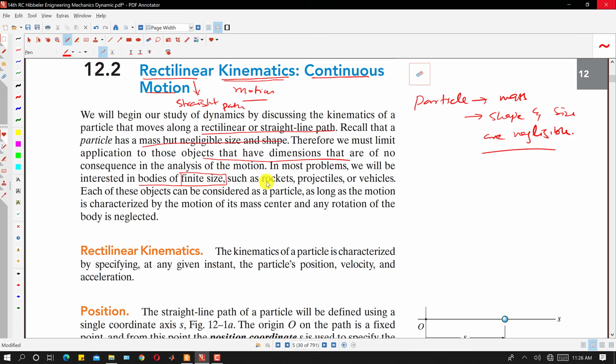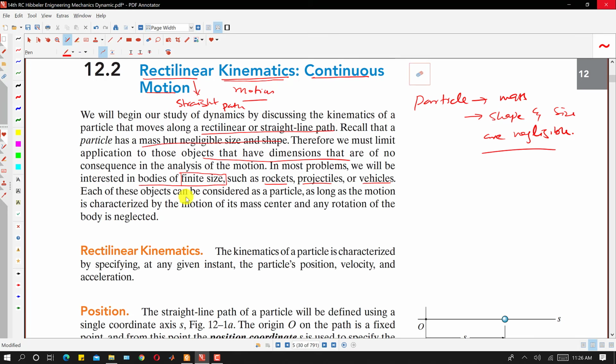For example, if we consider rockets, projectiles or vehicles, their boundaries are visible. So those objects have finite sizes. We can say that a car could be considered as a finite size. So we will consider the finite size bodies in this dynamics,